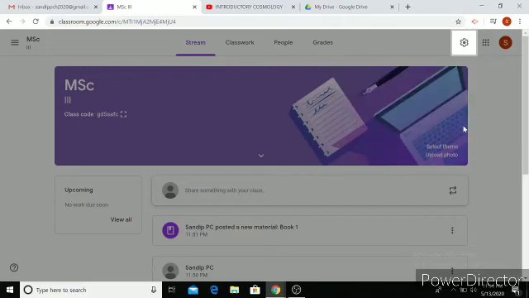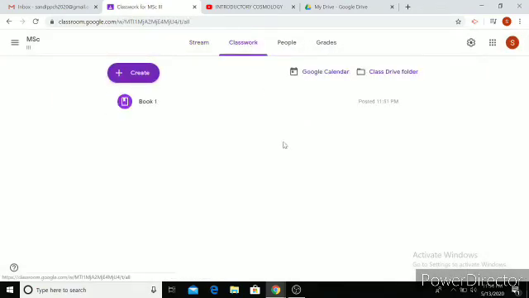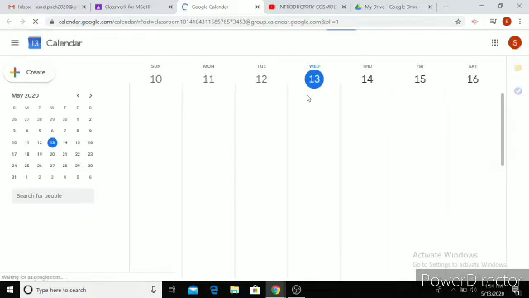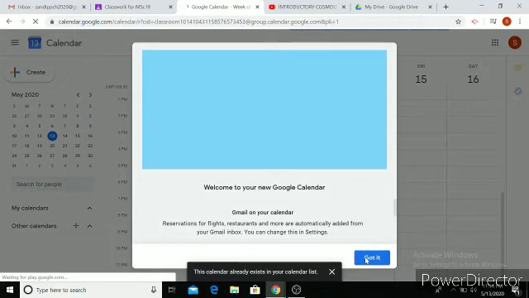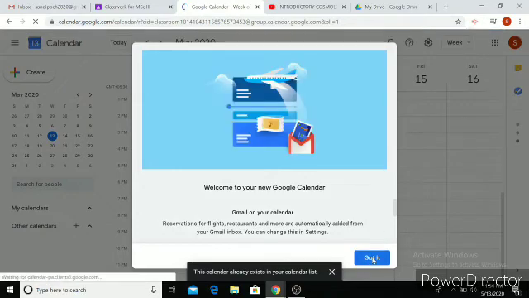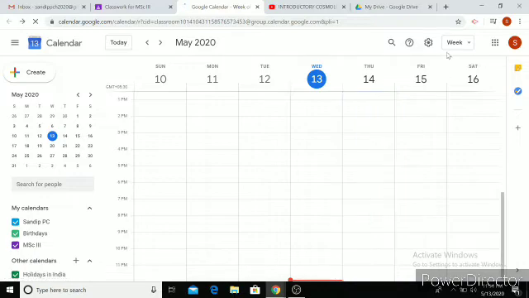And if you want to add an event to the calendar, you can go to classwork, and then you can go for Google Calendar. If you want to add, you can add the event, and then all these events are recorded in your email ID in your calendar. So you can have a look at this, and if you want to create, you can go for create. These are some instructions which are provided. If you are a new user, you can definitely see that, but anyway, I'm here to tell you about it.